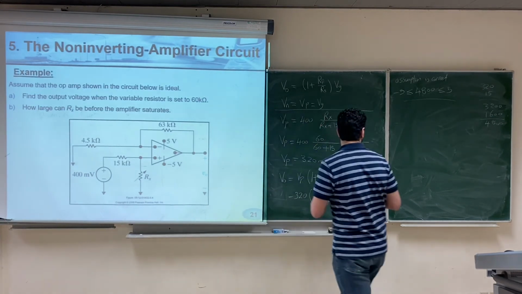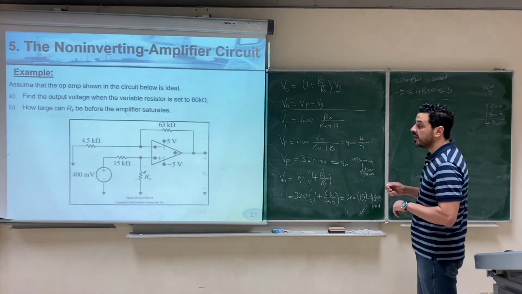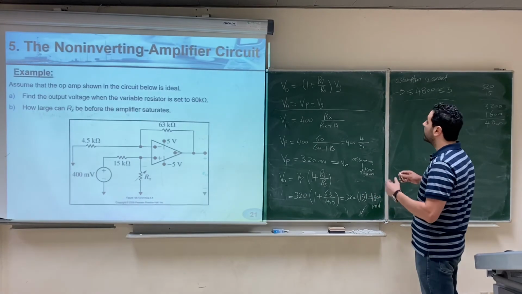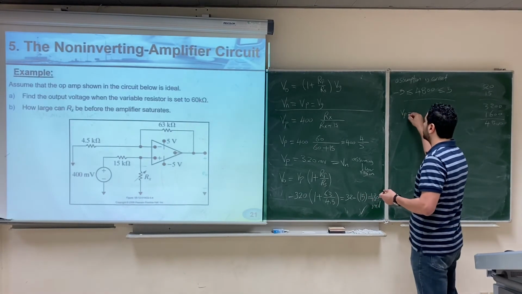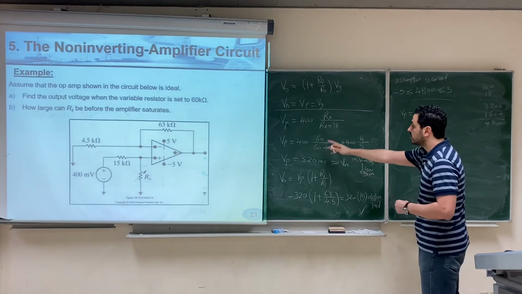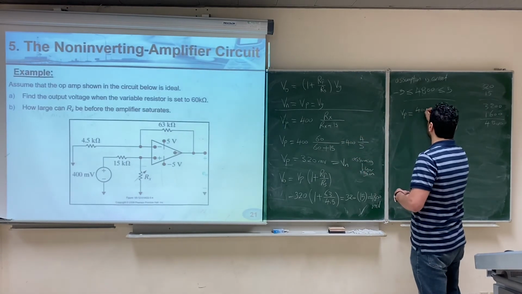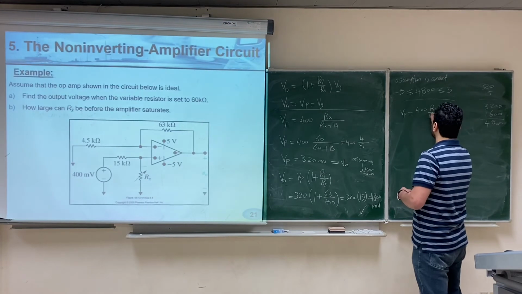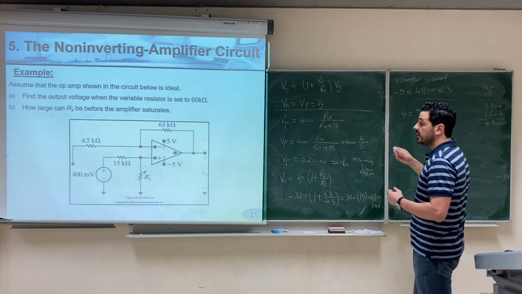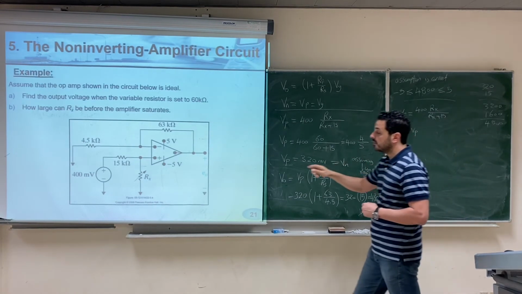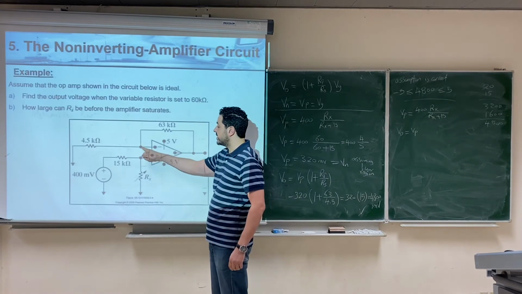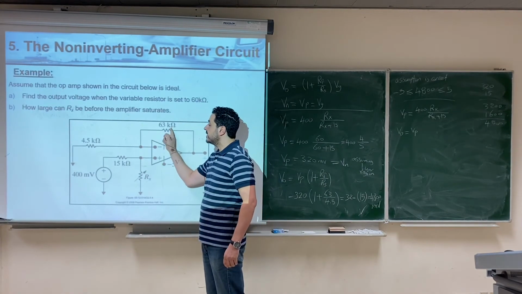So the question here is how large Rx can be. So what we'll do is we'll calculate the output in terms of Rx. So we'll say that Vp in general, for a general Rx, was equal to 400 Rx divided over Rx plus 15K, right? Then V output equals Vp, which is the same as Vn, multiplied by